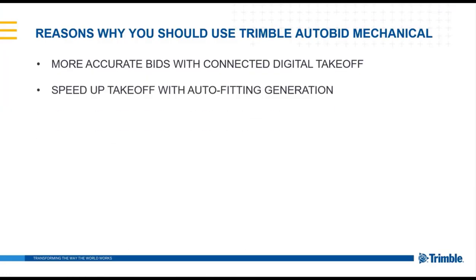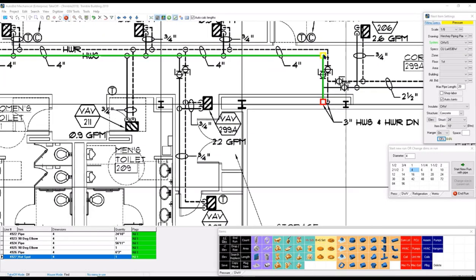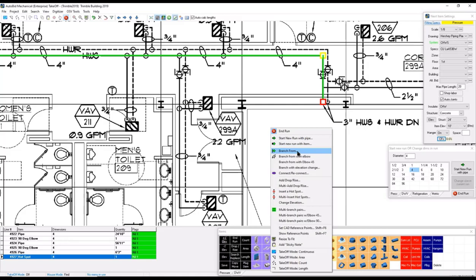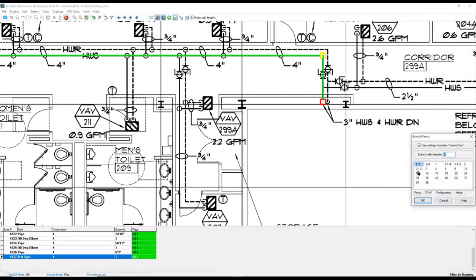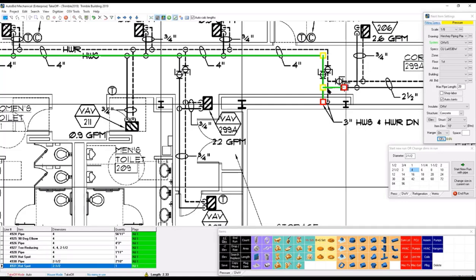Secondly, you can speed up the takeoff because of the auto-fitting generation capabilities that are within the software. As you can see, it's automatically picked up the 90s as I took off that run of pipe. Any 90s or 45s will automatically be generated, but when you branch off of an existing run, simply identify the size you're working within. It's also going to automatically pick up the T or whatever the fitting is that is required there. Notice down in the audit trail it gave me a reducing T,